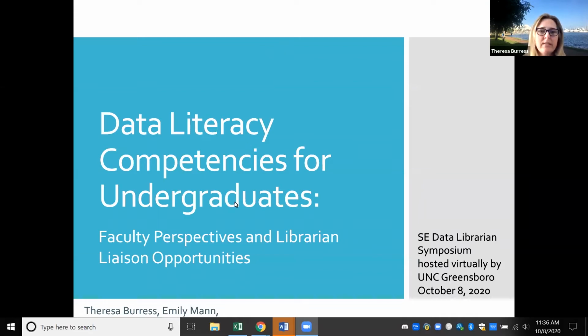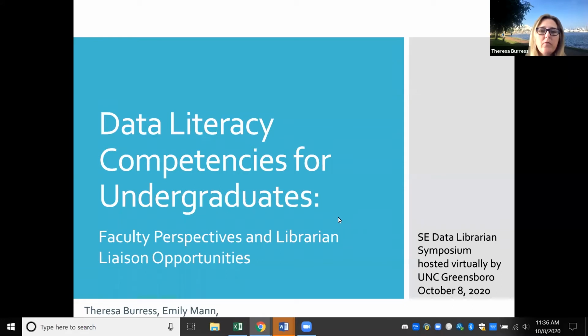I'm Teresa Burris, and my colleague Emily Mann and I are both librarians in the Research and Instruction Department at University of South Florida's St. Petersburg campus. Susan Montgomery and Rachel Walton are Research and Instruction librarians at Rollins, which is a private liberal arts college in Winter Park near Orlando. And Rachel couldn't be here today, so for this short talk, I'll provide some background and framework for our project.